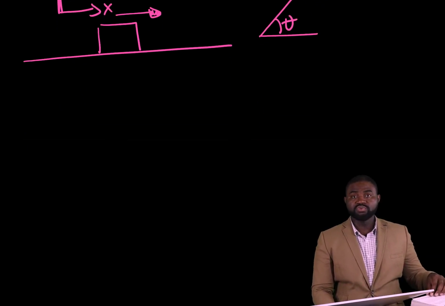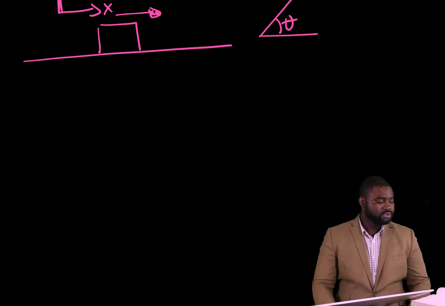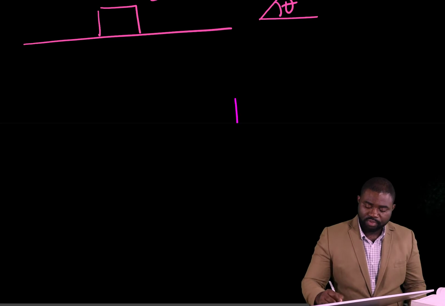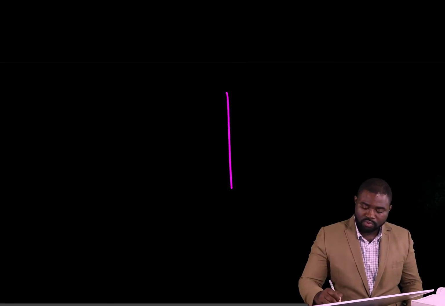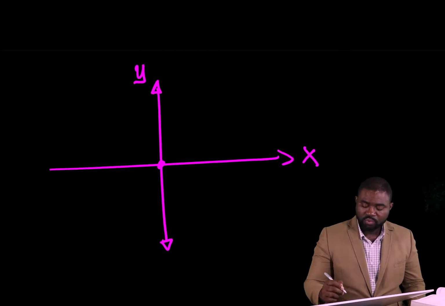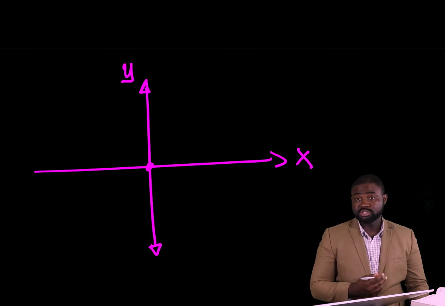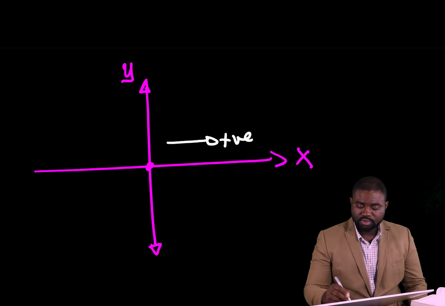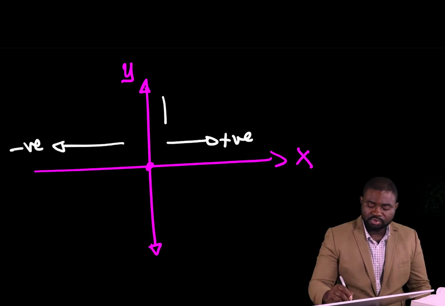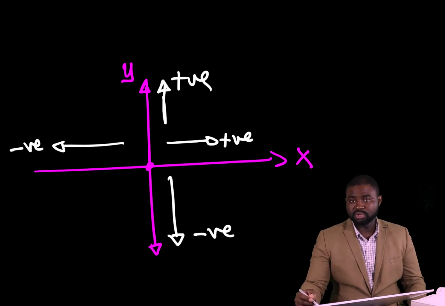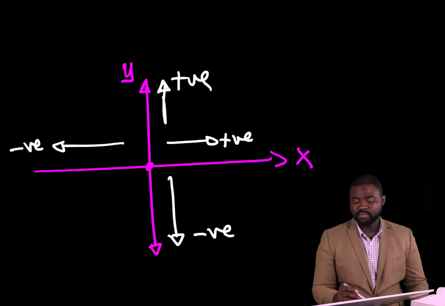The next point that is really important about a coordinate system is that we need to choose a sense of direction. For example, we have here our y-axis, and this is our x-axis. We need to choose which direction is positive and which direction is negative. Naturally, to the right is chosen to be positive, and to the left is chosen to be negative. From bottom to top is chosen to be positive, and downward is chosen to be negative. So if you are moving to the right, your position will be positive. If you are moving from the origin to the left, your position will be negative. So it's critical that we pick a sense of direction. And lastly,